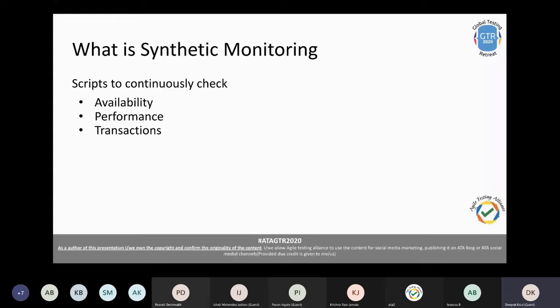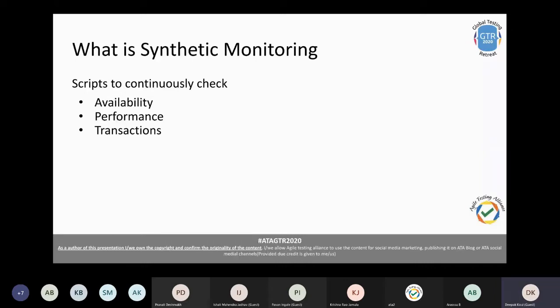And one firewall in one of the geos is continuously blocking those calls made to Google Analytics, right? Your site is still up, but you are not getting the entire geographical data which you were supposed to get. So if you have a real user monitor running on your website, then you can filter by geos and check whether there are some calls which are getting 404 in some of the geos, and you can then take necessary remedial actions to fix those.